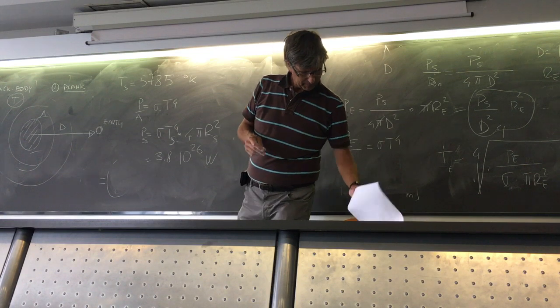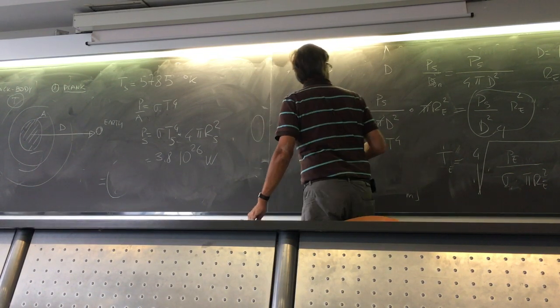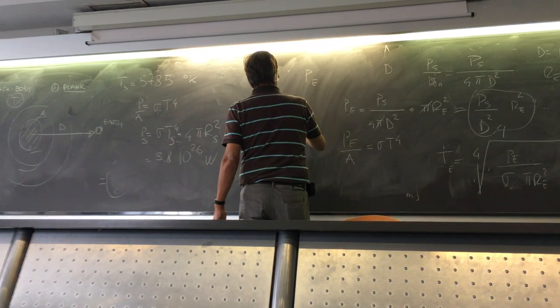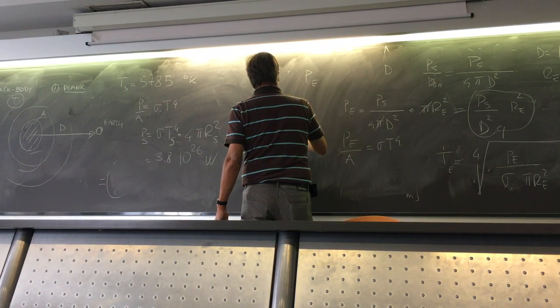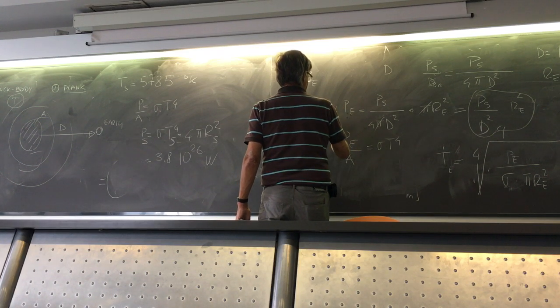The power that you get on the Earth divided by the area is 1,400 watts